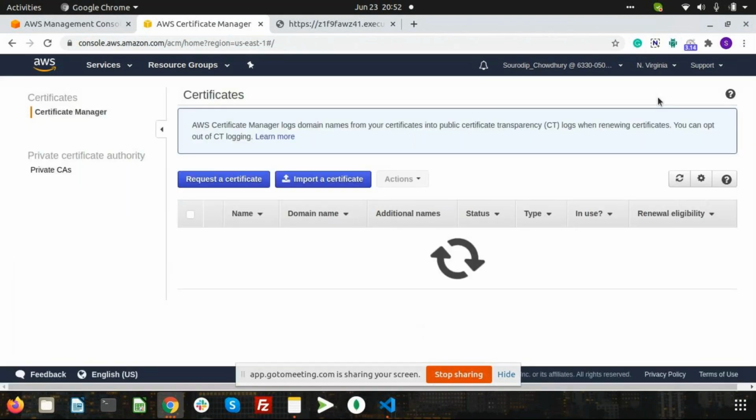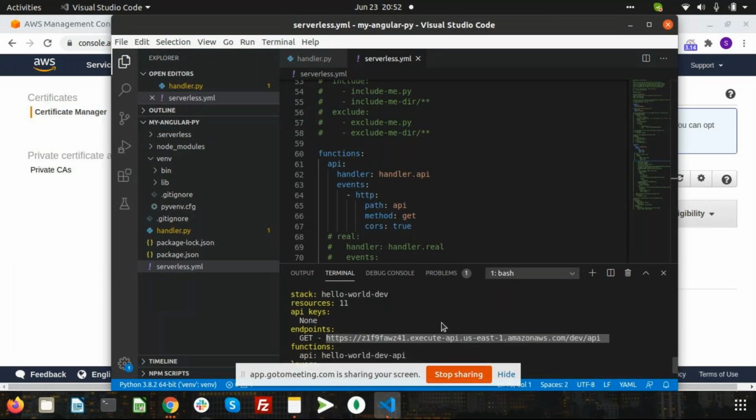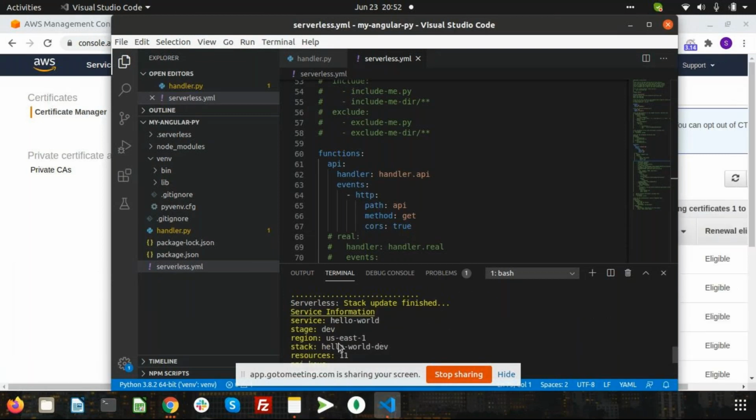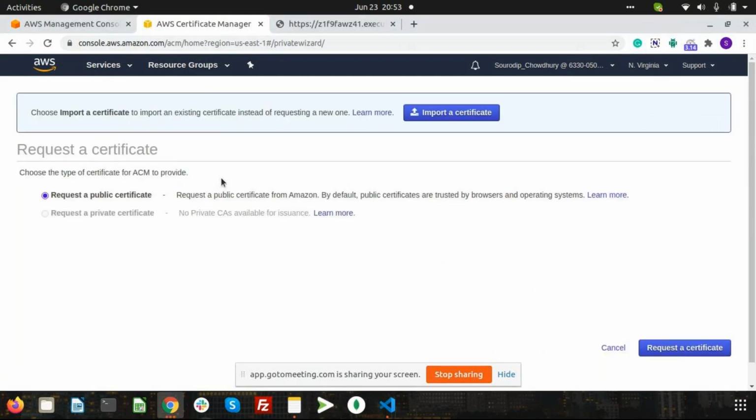So this is region specific. Whatever region you deploy your Lambda in, for instance, this is the Lambda that I have deployed, and this is the region US East 1, that needs to be consistent when we try to fetch the certificate. We need to go into a specific region and then request a certificate. Then we request a certificate,